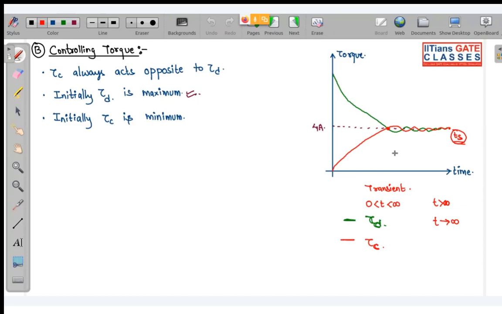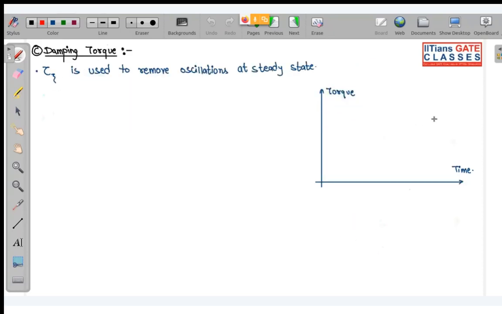One is your deflecting torque, which deflects the needle from the initial position. Another is your controlling torque, which is opposite to the deflecting torque, and it controls the position of the needle to an equivalent of the quantity being measured. Okay, so now to avoid this oscillation, we have damping torque such that